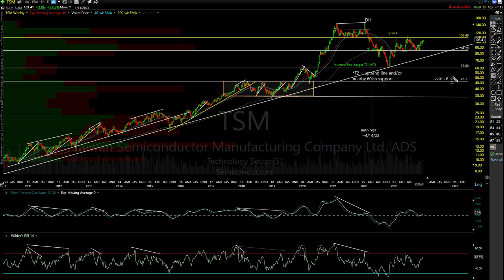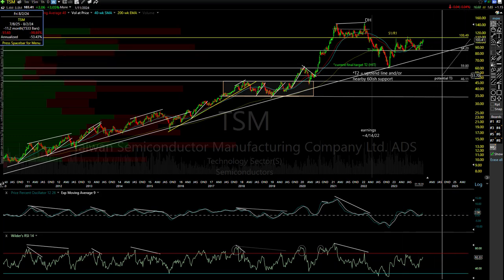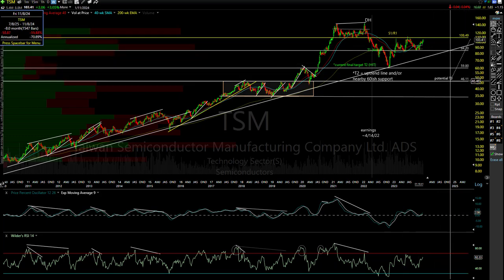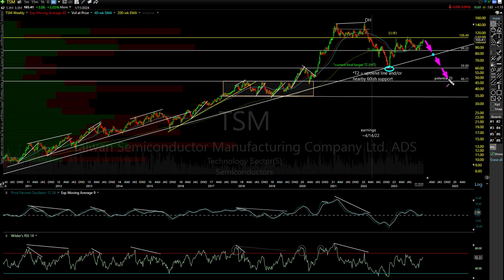That's where I think it's going to at minimum next year, and that's going to be a drop of, let me go over here so I don't move my trend lines, a drop of 56%. And of course, you have the trend line, but we just checked that trend line. And again, no trends last forever. So I am expecting a lot of these long-term secular trend lines in the semis to break. And that would take us down there.